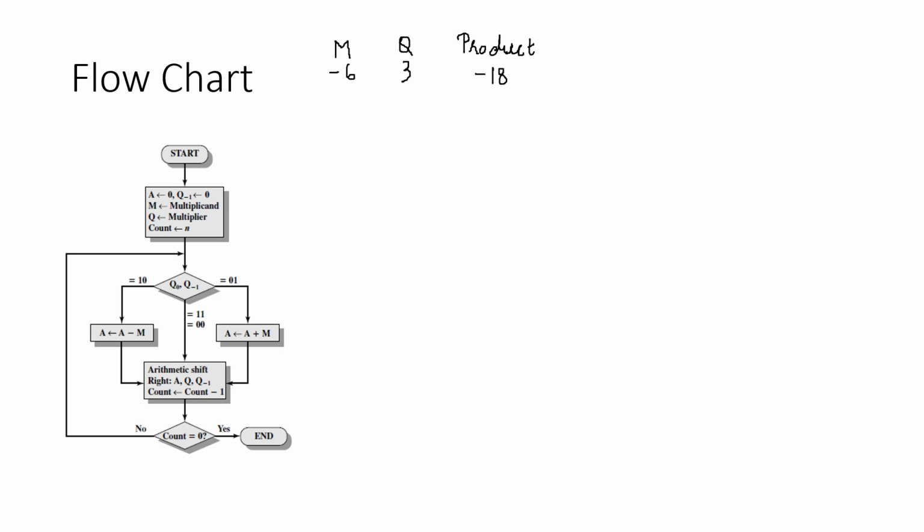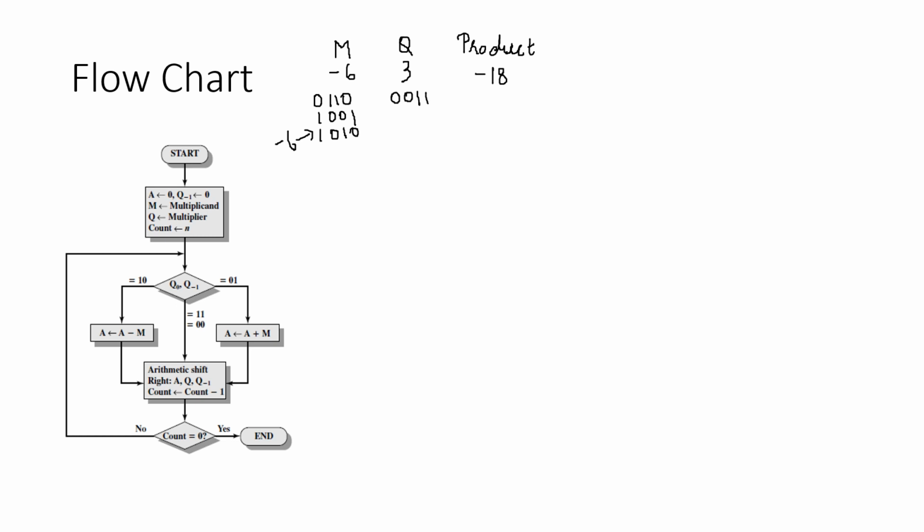3 can be represented using 3 bits, and 6 can be represented using 3 bits. In order to represent the negative sign, we need another bit. So Q here will be 0 0 1 1. Whereas -6, we can represent in 2's complement format. 6 is represented as 0 1 1 0. So we take the 2's complement of this. This is the 1's complement. You add 1 to it in order to get the 2's complement. So this is the representation of -6. Therefore, we need 4 bits here, so n is equal to 4.